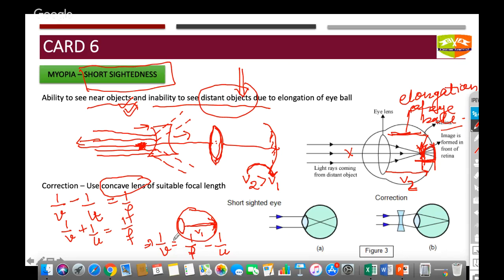Now what happens is, if V has to be decreased, V decreases, 1 by V increases. So it means that your right hand side is increasing. Why? Because I am decreasing V. If I decrease the denominator, the fraction will increase. It means that 1 by V increases. To increase 1 by V, something which is getting subtracted here has to change. 1 by F is constant over here. So if I decrease this 1 by U, I am subtracting less from here, and hence 1 by V will